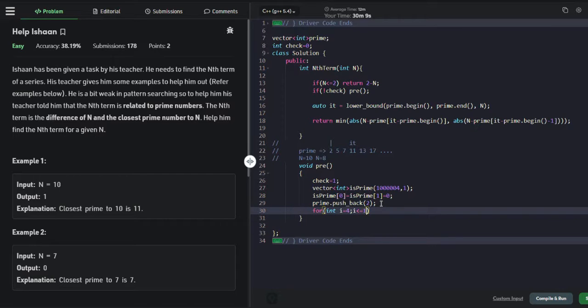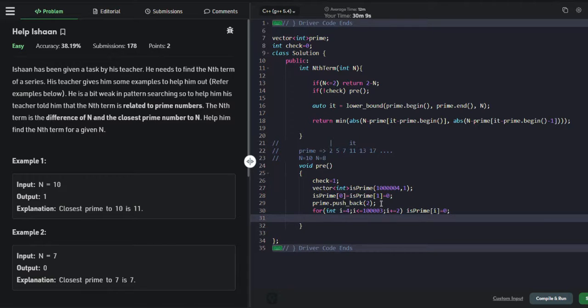So that's exactly what I'm going to do. I less than equals to this value, and I plus equals to 2, so all the even numbers will be marked as not prime. So its prime I will be marked as false. Now we have got one prime number, 2. Now we need to get the remaining prime numbers from 3. Now all the other prime numbers are odd,